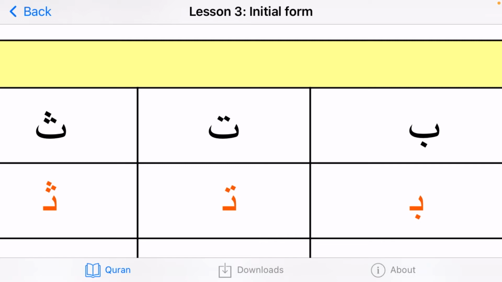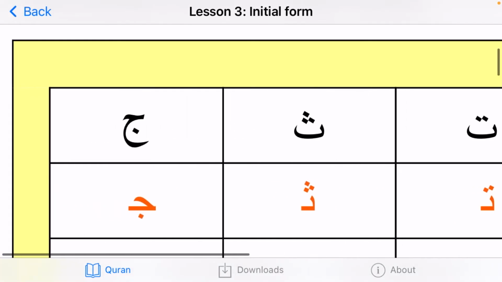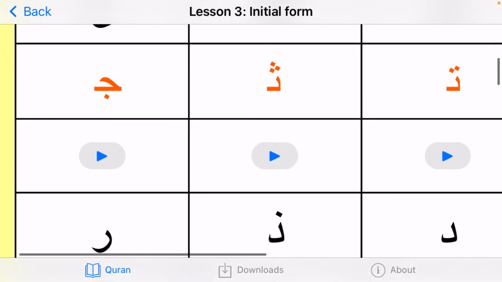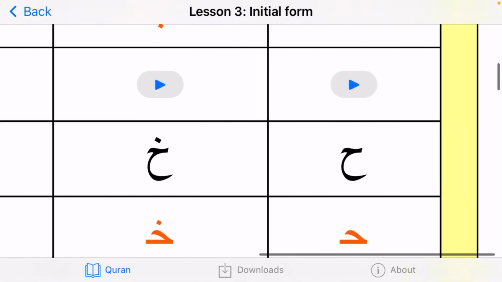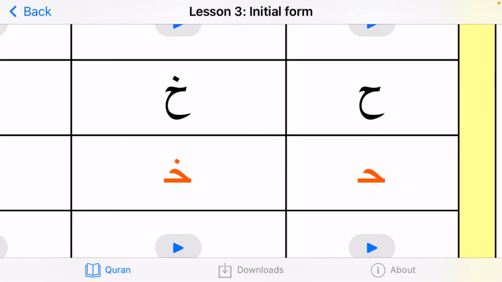So ba, let's remember, has one dot below, the B sound for below. Ta has 2 dots above, the T sound for 2. Tha has 3 dots above, the TH sound for 3 above. Let's remember that. Again, jim, ha, and kha have the same shape as well in the initial form. What differentiates them as well are the dots. So this is the importance of knowing where the dots are and how many dots they have in that position,